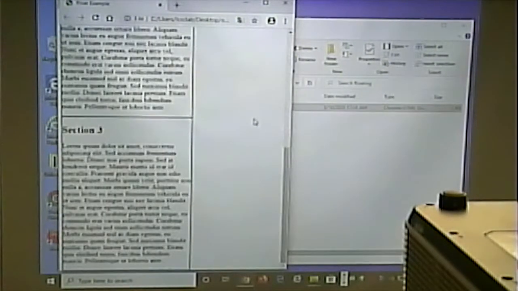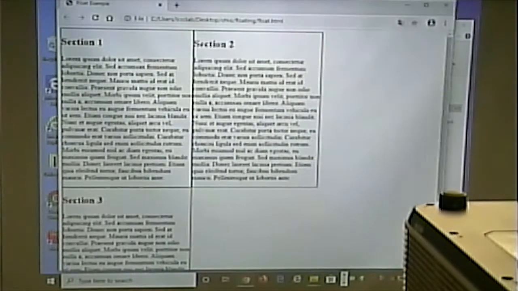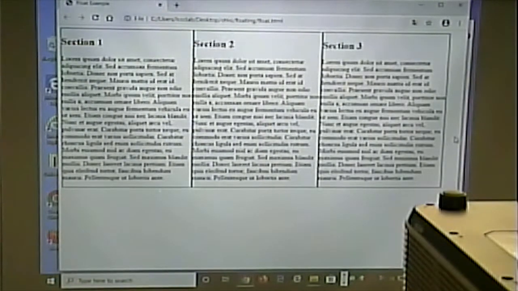Doesn't fit to the left, so we put it below. And that's what floating is, in a nutshell. Now, here's where things get complicated, because